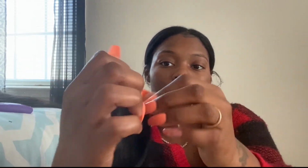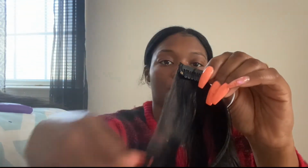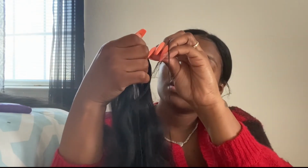So where it has, I don't know if you can see that, but the thread is right there, looped at the top. So you have a loop right here, you have a loop right here, and you have to be careful because sometimes the hair gets brought up through it. So you have 2 loops so far. Then you're gonna go ahead to your second loop, where your needle should be sticking out from the back. So you're gonna take it around, and then you're gonna go with that first loop at the top,